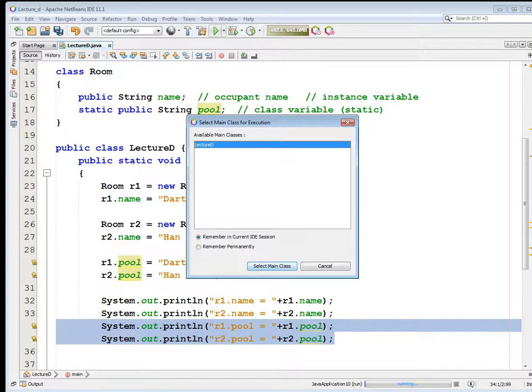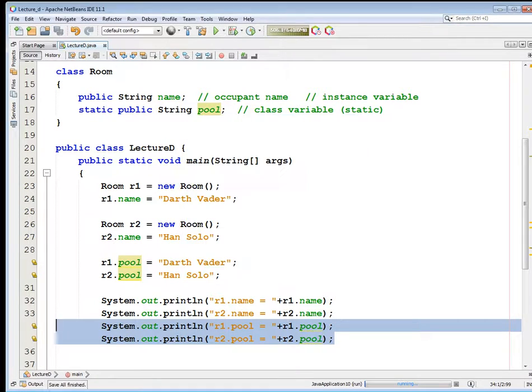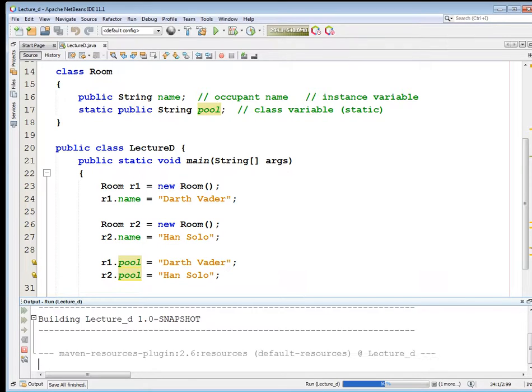Let's prove it. When I run it, since it's the first time I've run it, and it was built with Maven, it wants to know what the main class is. Well, the main class is Lecture D. I'm going to remember that so that every time I open this project, if I open it again, it will still know what the main class is. That's the point of this question. Select main class. It builds it,